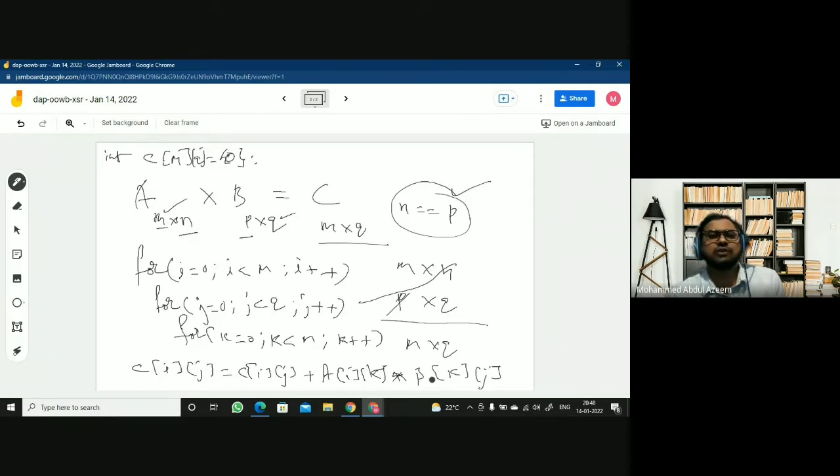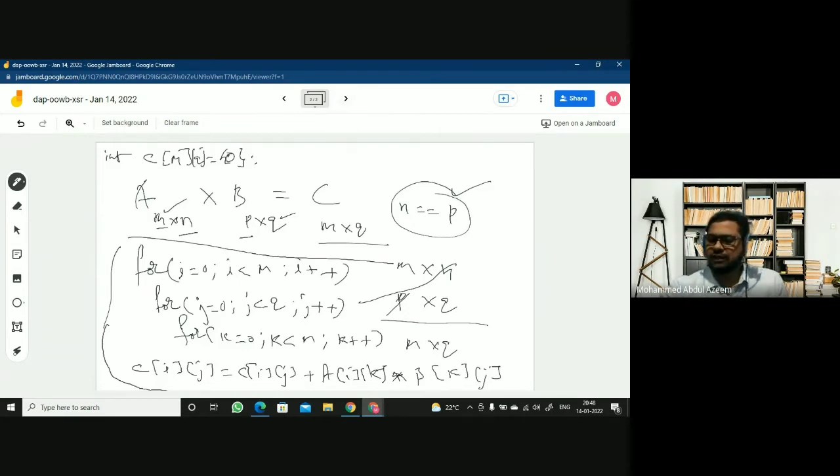So this is the formula. This is the generalized formula which I have prepared. So this is how you're going to perform the matrix multiplication, and this is going to be repeated for the remaining elements of the resulting matrix. Fine. So to generate all the elements of the resulting matrix, we will be using this particular logic. For i, for j, for k, Cij equals Cij plus Aik into Bkj. That's it, right? I hope this is clear.